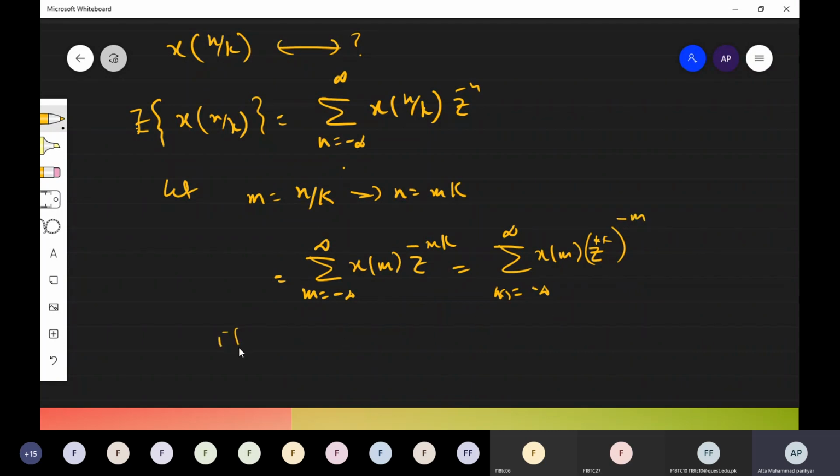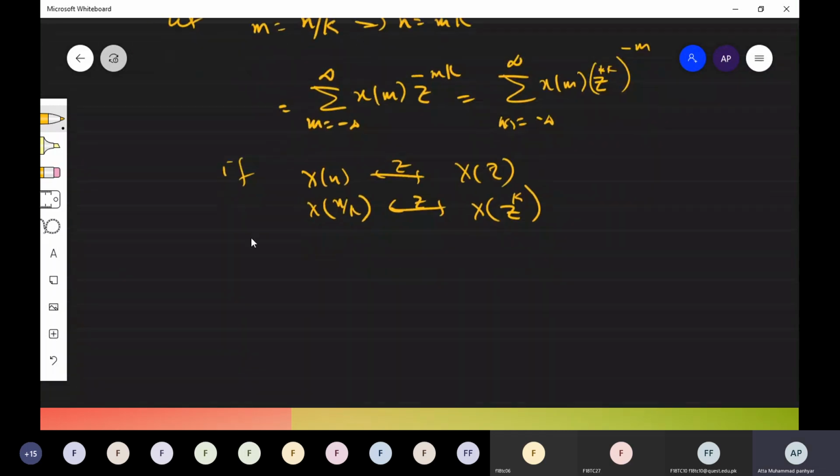So we can say if x of n has z transform X of z, then x of n by k has z transform X of z power k, right? In other words, if x of nk, then our z transform must be X of z power 1 by k,